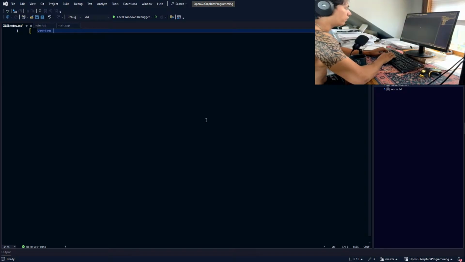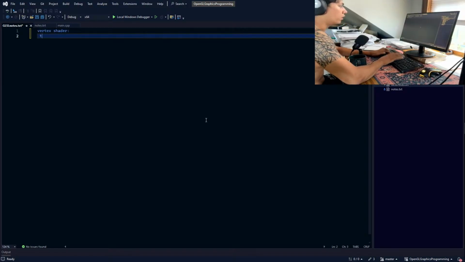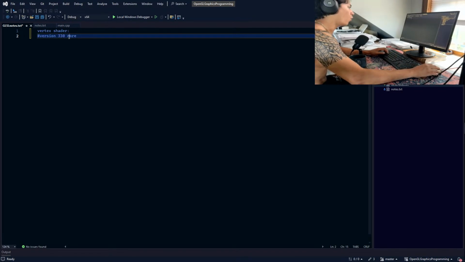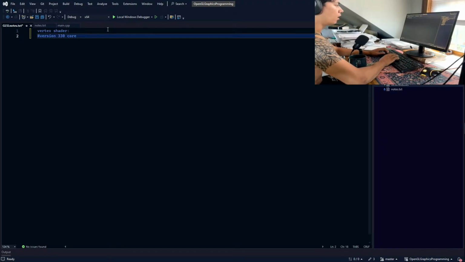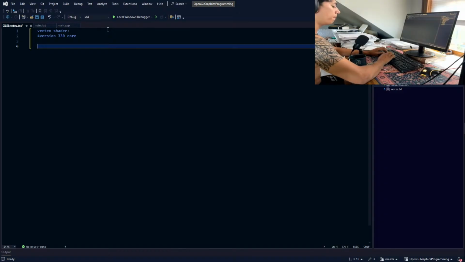Here, let's do a vertex. So here's the vertex shader that I just wrote. You're gonna have to specify a version, right? So version 3.3, and then we're gonna specify that we're using the core version. Now after that, we're gonna have to specify